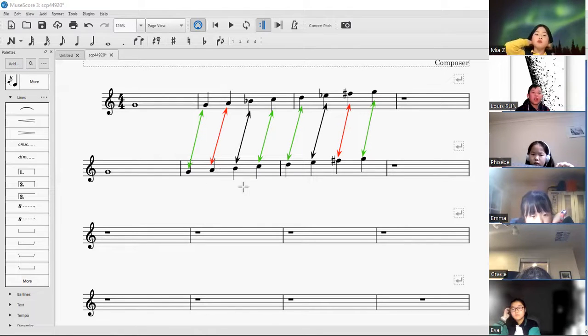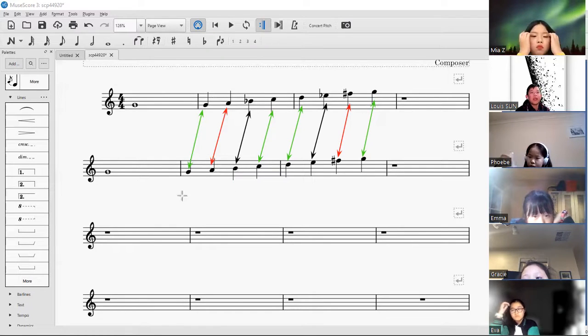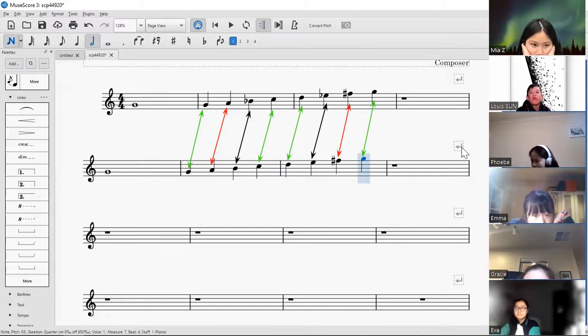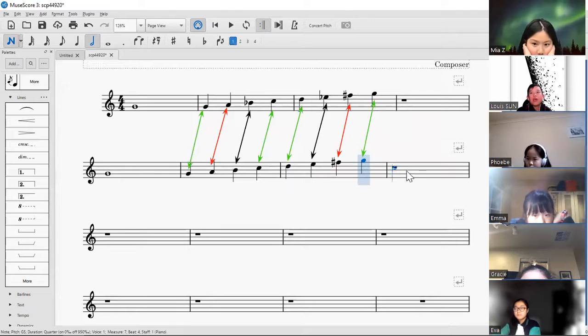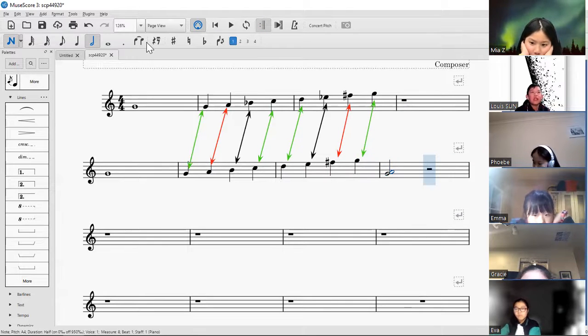So a major second will always be 2 semitones. A minor second would only be 1 semitone. So if we wanted to make a major second, for example this, into a minor second, like this,